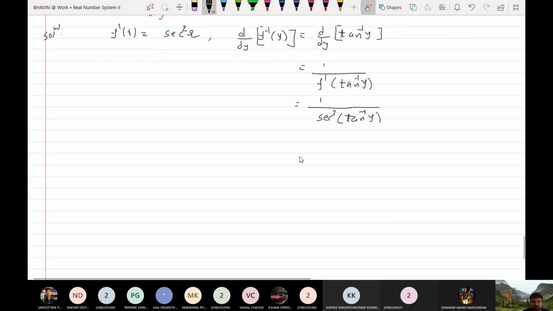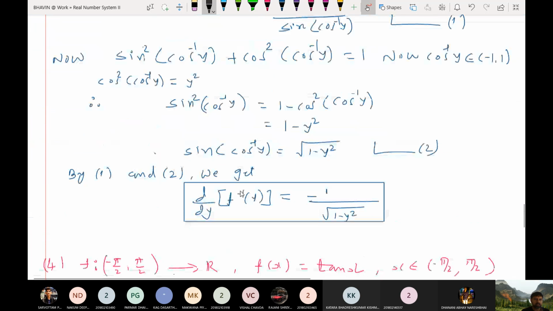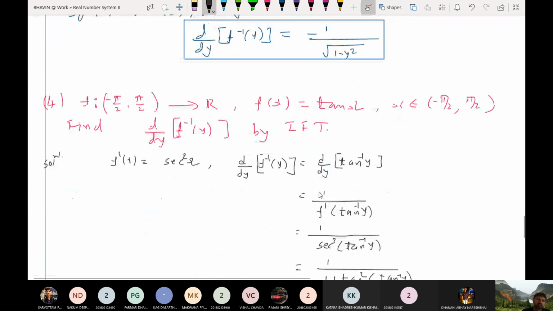sec square equal to 1 plus tan square, तो इस आइडेंटिटी में ये क्या यूज करेंगे, 1 plus tan square tan inverse y, तो ये क्या हो जाएगा 1 अपॉन 1 plus y square. ये देखिए, you can now cancel tan inverse and tan. y belongs to कहाँ पे है, डोमेन रिस्ट्रिक्ट कर दिया है, ठीक है। So you have got the answer, ये सॉल्व कर दिया मैंने, लेकिन आपको ये चीज़ लिखनी है पहले, ठीक है, लिख सकेंगे।